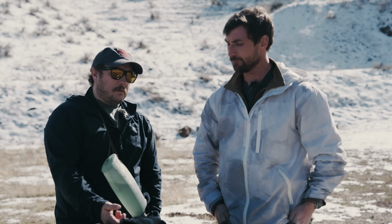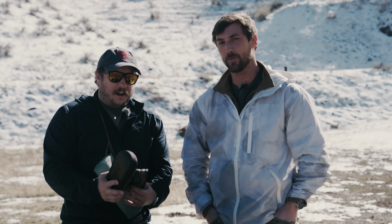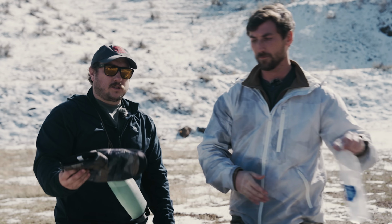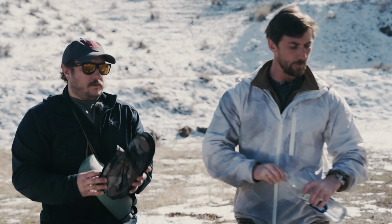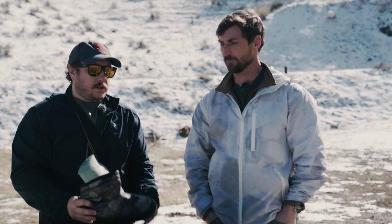Hit me. I want to talk about the booty. Oh God. I want to talk about the booty for a second. Okay, talk about the booty. So for the alpine guys, they're going to recognize it looks a lot like an inner boot for a hard shell mountaineering boot. I wouldn't say that they're critical, but what I've found is that